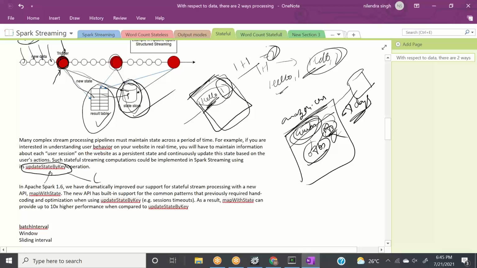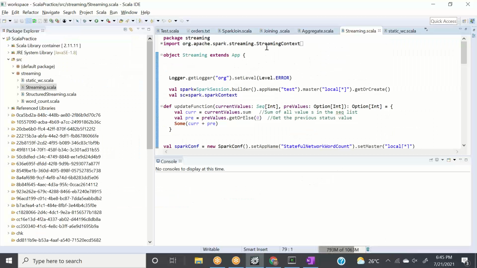So we have some state store, and we are guiding our program: whenever a new key-value pair comes, take that key-value pair and update it into the state store. Whenever the same key comes again, read the previous value from the state store, add it to the current value, and give us the result. Now, to tell it this, what do we need to do? We need to write a function. So let's see here.